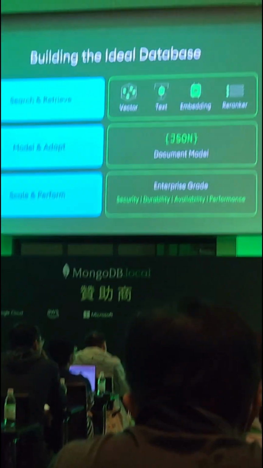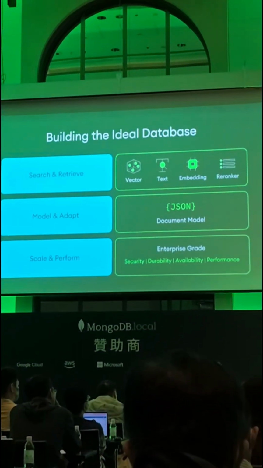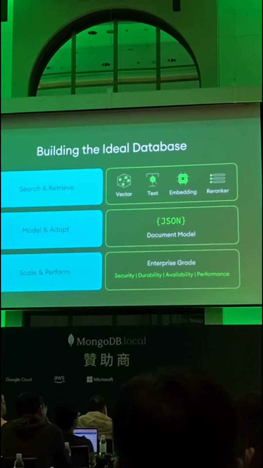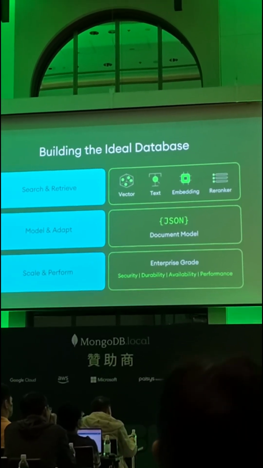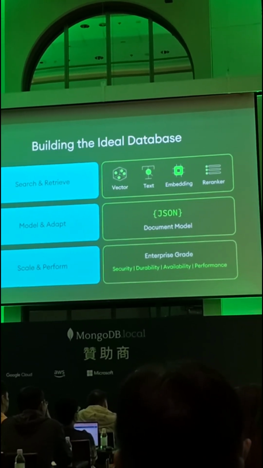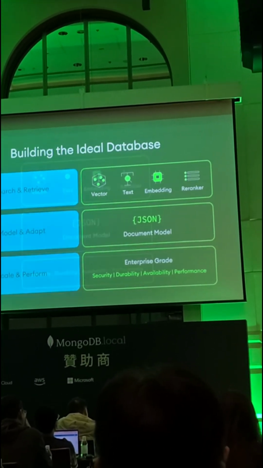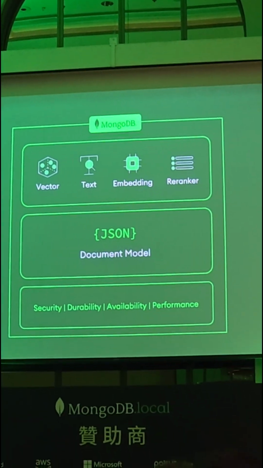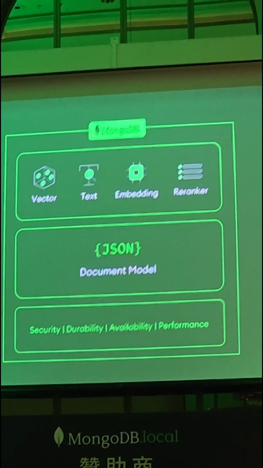It is explaining how MongoDB helps in all three activities. Firstly, it does searching, then keeps the model adaptable by storing the files in JSON format, and then scales it using the software. So, as I said, here it is explaining the MongoDB